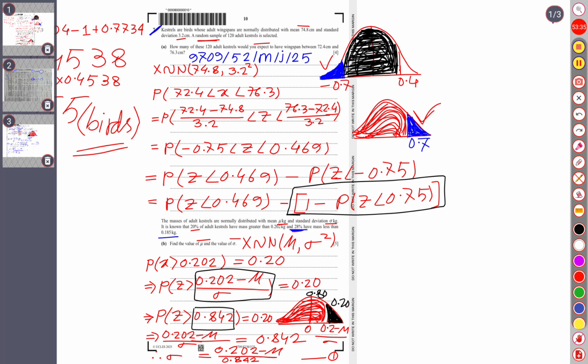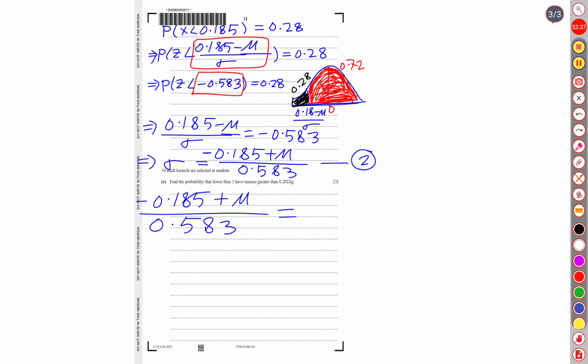So let it be equal to 0.202 minus mu over 0.842. Now if we do cross multiplication, we will find that